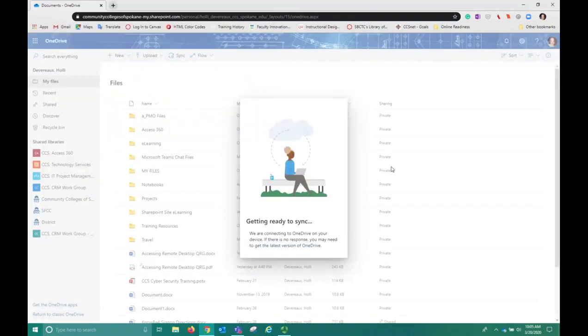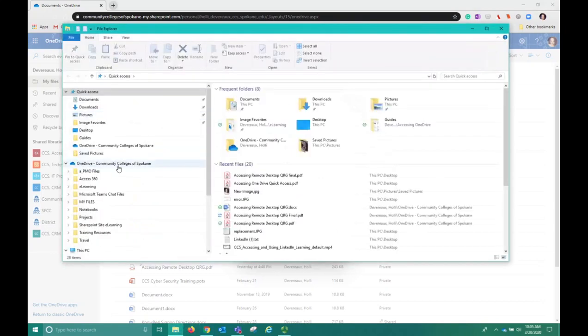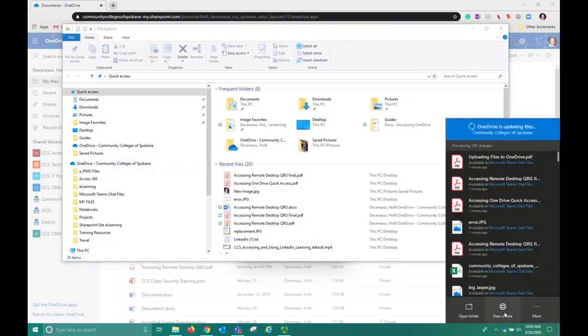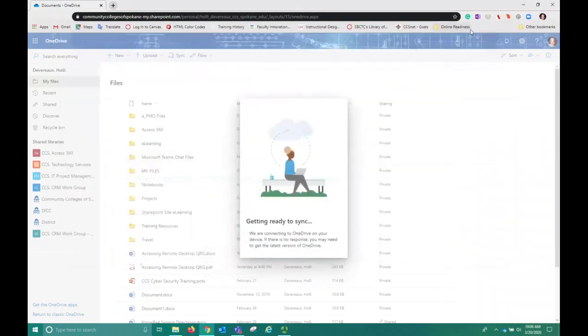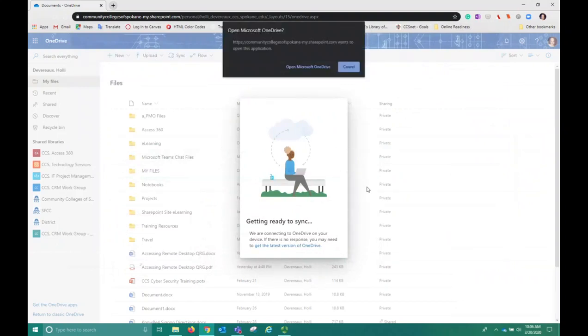You can always test this by syncing files back and forth, by grabbing files off of your desktop and dragging them into your OneDrive Community Colleges of Spokane, or going out to your little cloud icon right here, opening online, dragging the files and folders into your web storage, and then checking that they're actually in your OneDrive Community Colleges of Spokane. You can also do this with your personal machines at home to make sure that you have access to all of your documents and files